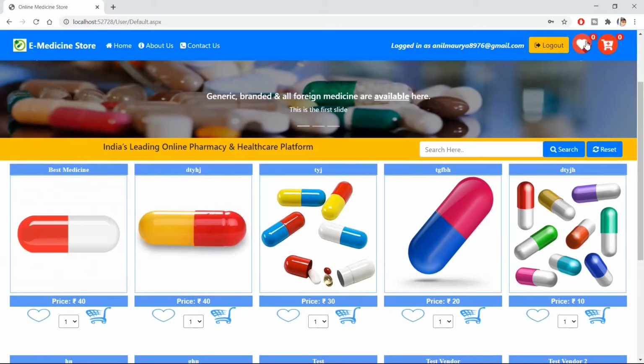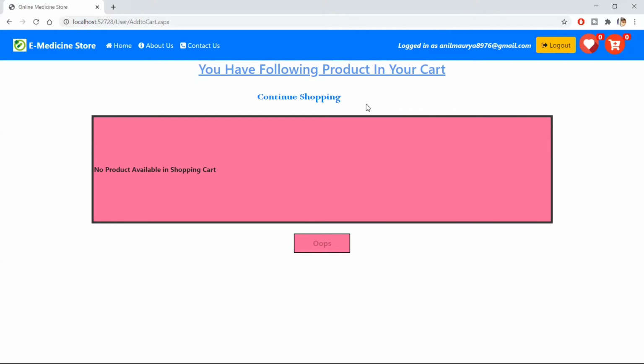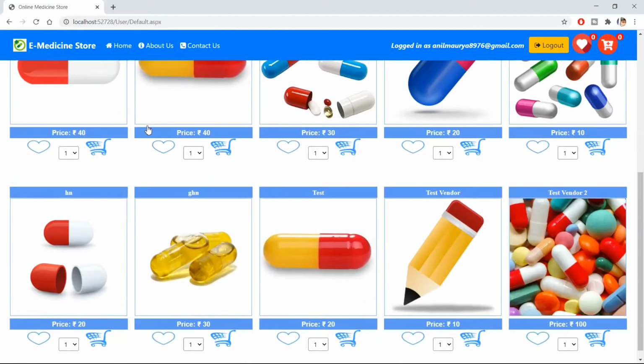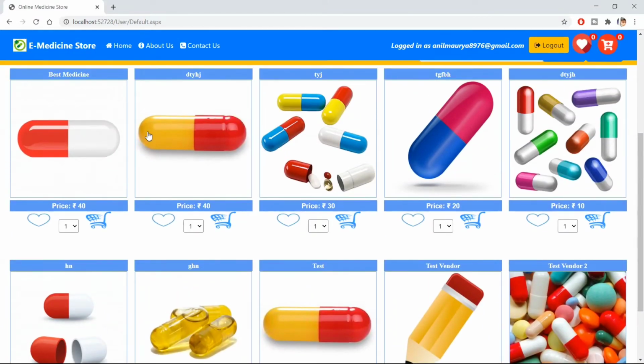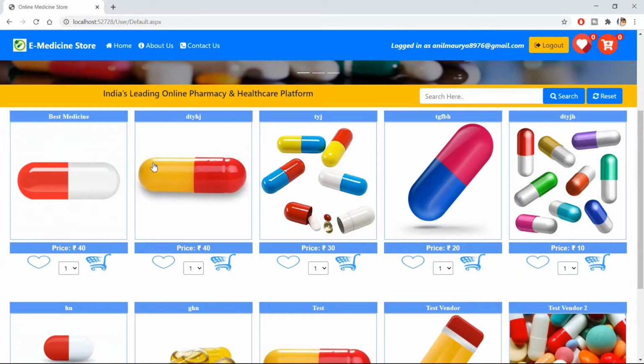You can see here this is our wish list and this is our add to cart. Starting, it's empty. Cart is also empty. Here I just uploaded some sample images of products.